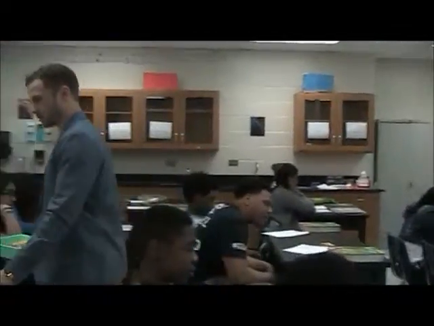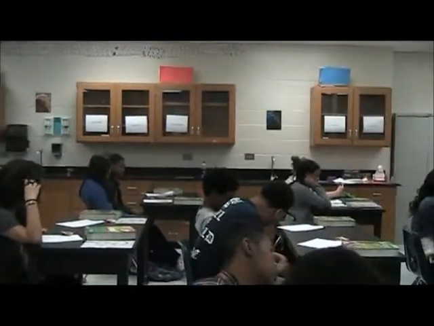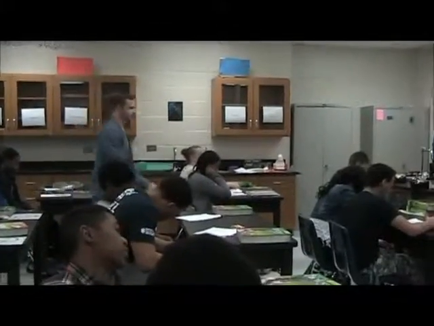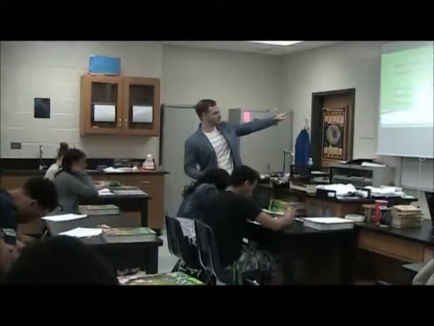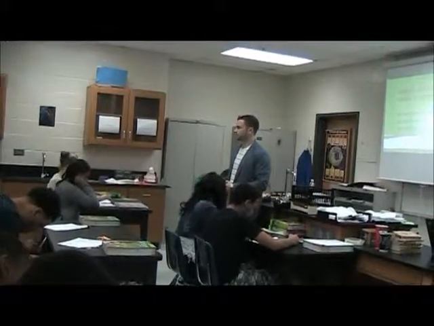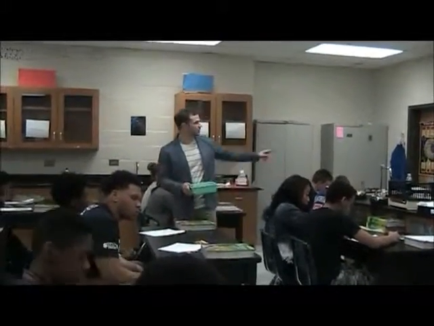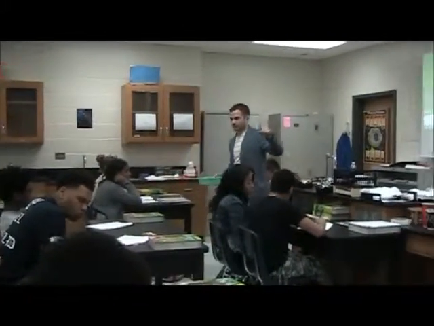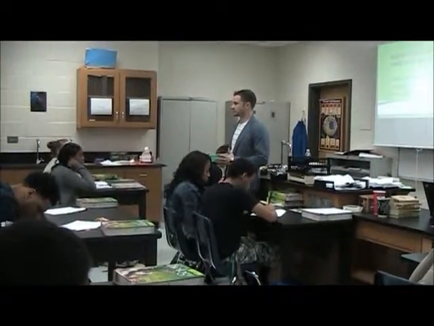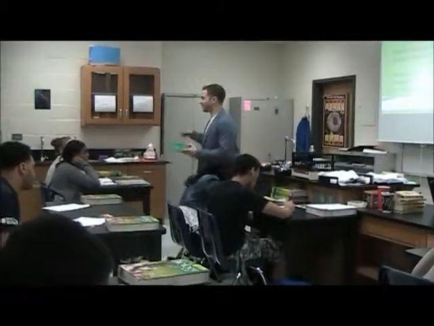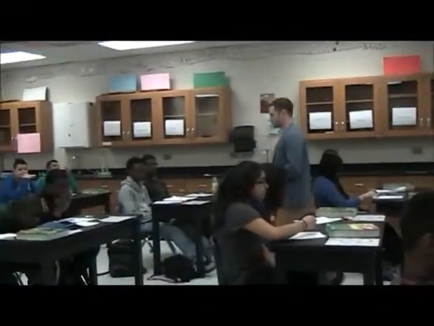Anyone need help? Good. Okay, so before we pass this around again, there are 3 things for natural selection. They are struggle for existence, descent with modification, and survival of the fittest. What I want to know is, the first one we're going to talk about is the struggle for existence. There's pretty much one thing that makes us struggle for existence. I want you to talk with your partner right now in this lab, what is the struggle for existence? Ready, set, go.